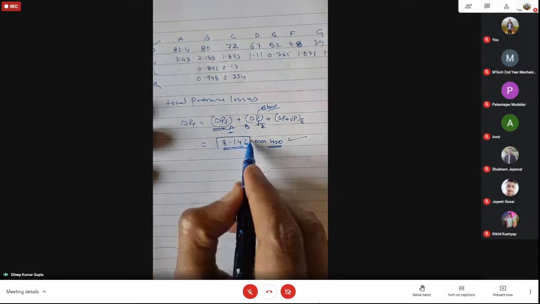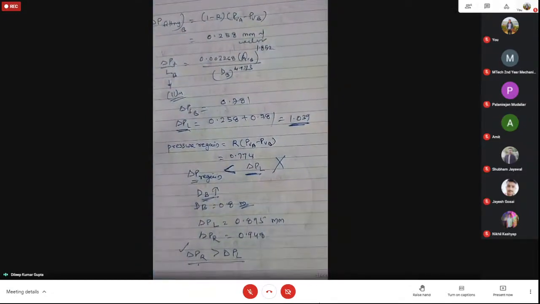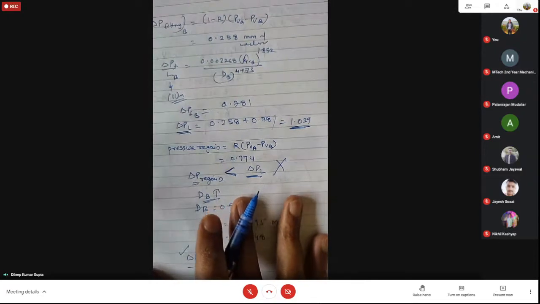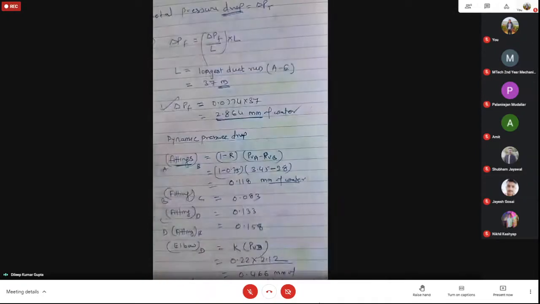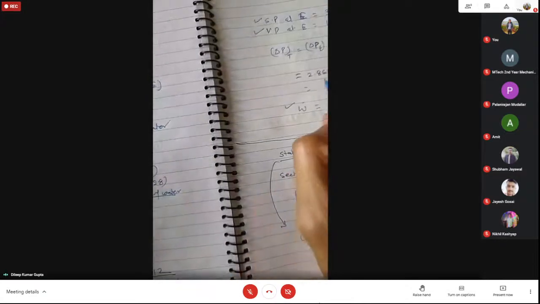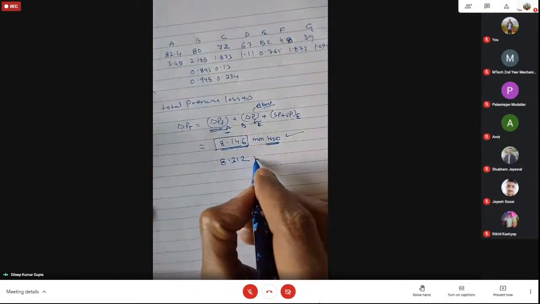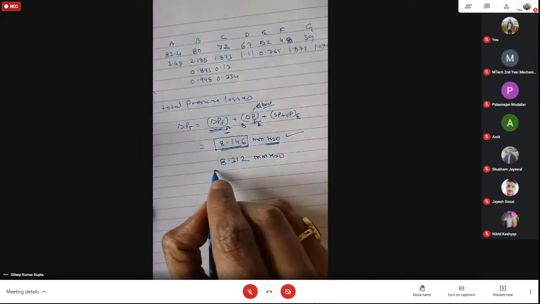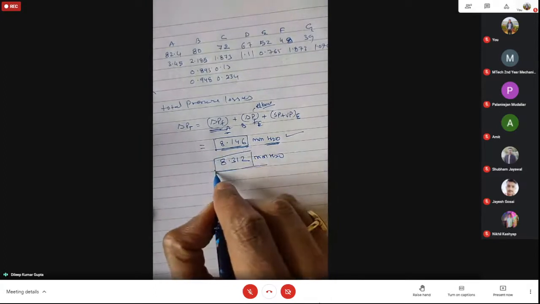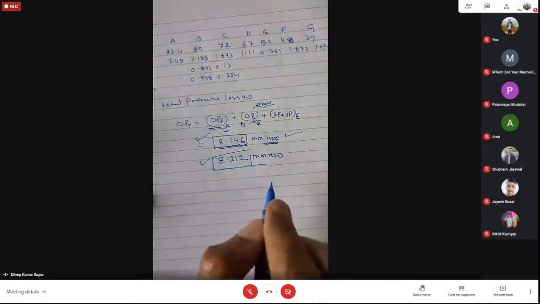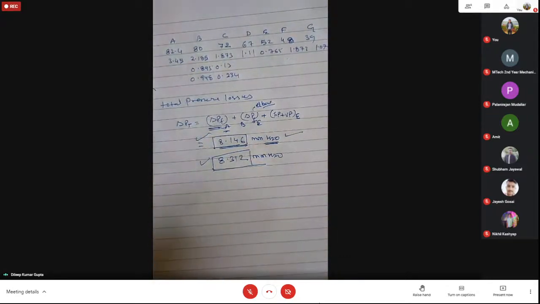Now you can compare this total value for the first case with the second case and see what the difference was. In the first case, by using the equal friction method, the value was 8.312. There is also a possibility that you can combine these methods: partially you can use the equal friction method, and partially the static regain method, right?